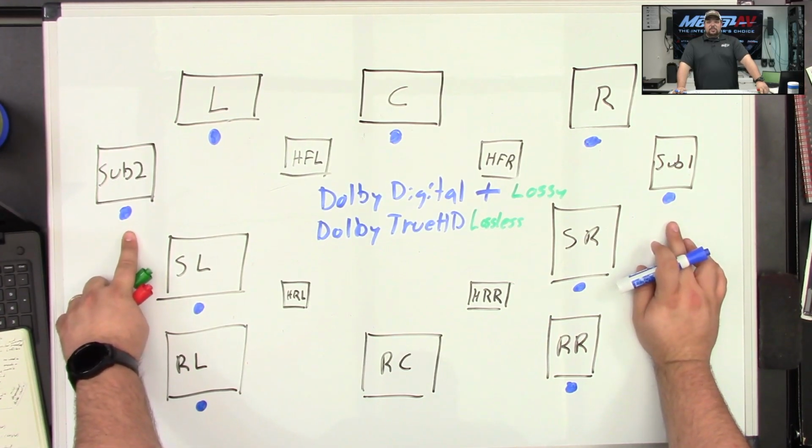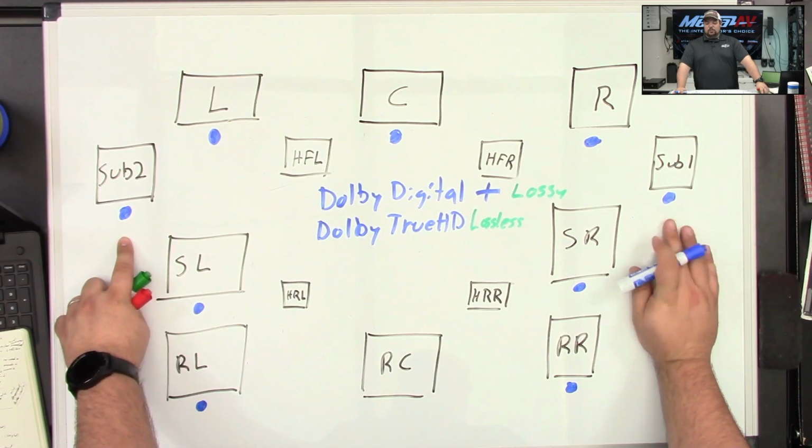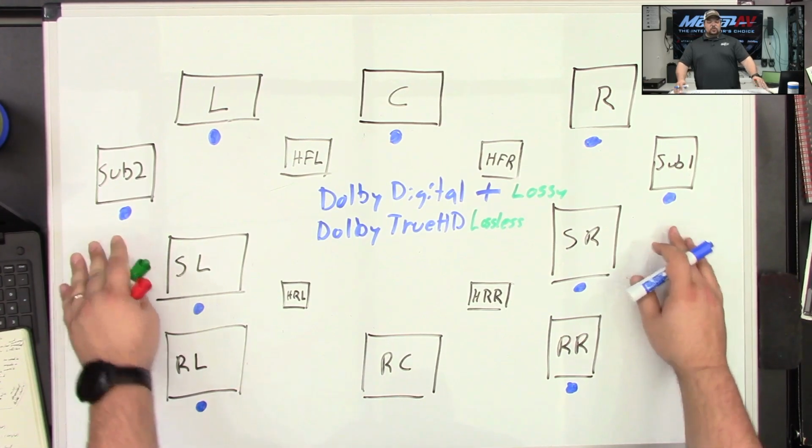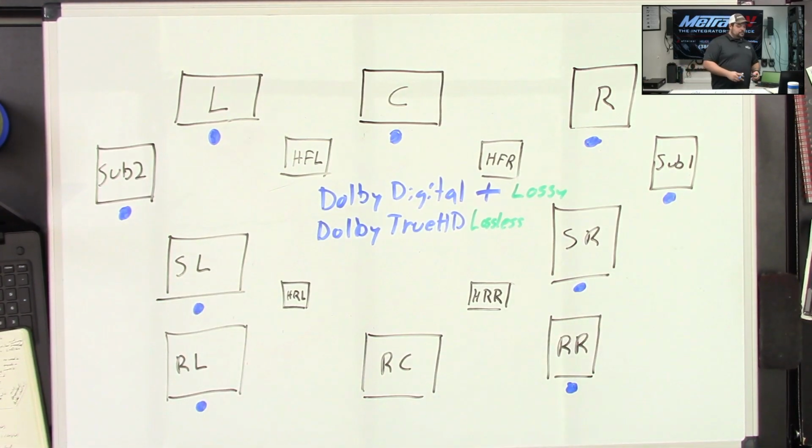And again, a lot of them have the ability to time correct it, but they also have the ability to volume correct it as well. So if one is more powerful than the other, one can be a little bit louder than the second one, or vice versa, however that works.